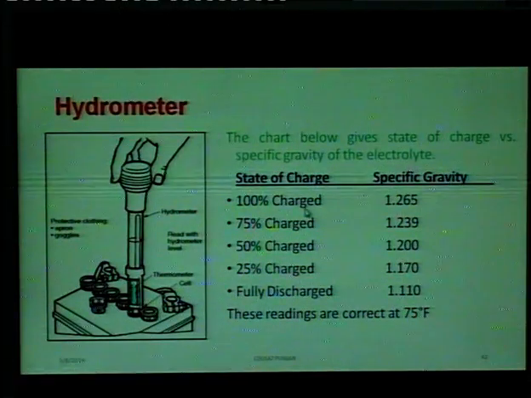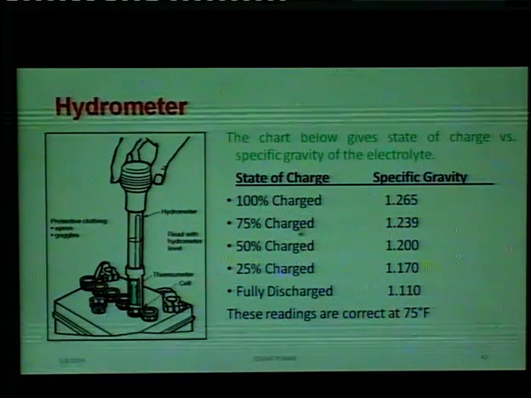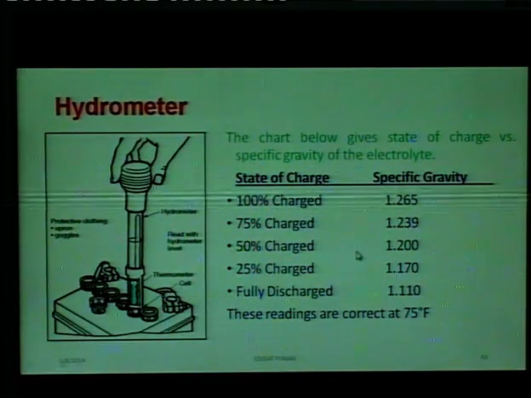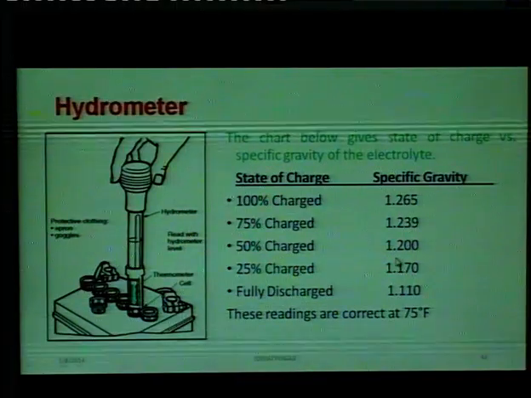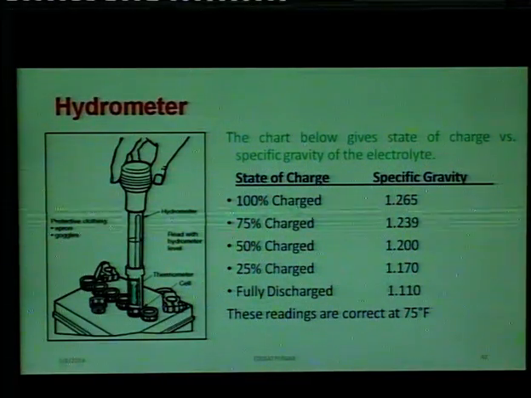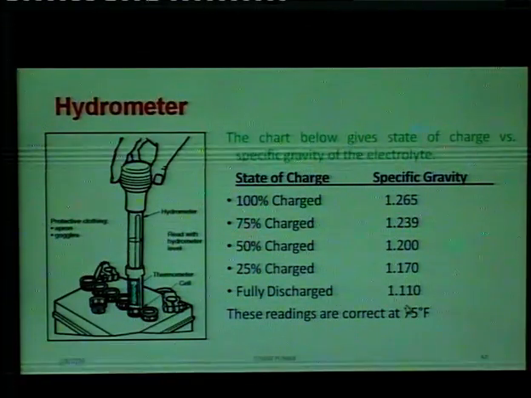So 100% ਚਾਰਜ ਹੋਏਗੀ ਤਾਂ 1.265, 75% ਚਾਰਜ ਹੋਏਗੀ ਤਾਂ 1.239 ਦੀ ਰੀਡਿੰਗ ਆਏਗੀ, 50% ਚਾਰਜ ਹੋਏਗੀ ਤਾਂ ਸਪੈਸੀਫਿਕ ਗ੍ਰੈਵਿਟੀ 1.200, 25% ਚਾਰਜ ਹੋਏਗੀ ਤਾਂ 1.17, ਫੁੱਲੀ ਡਿਸਚਾਰਜ ਹੋਏਗੀ ਤਾਂ 1.11।